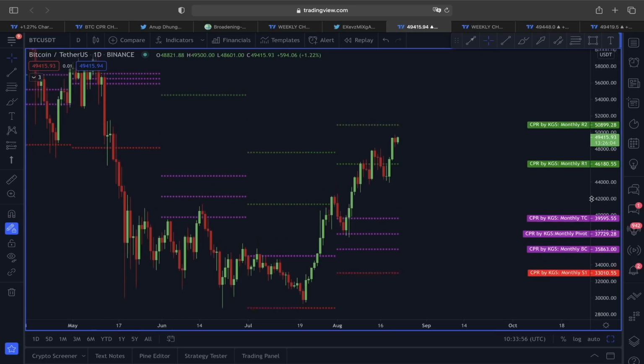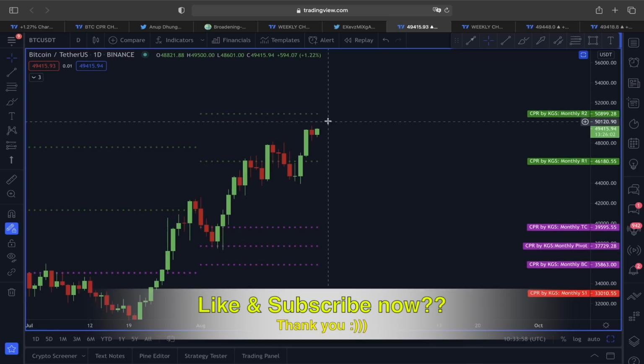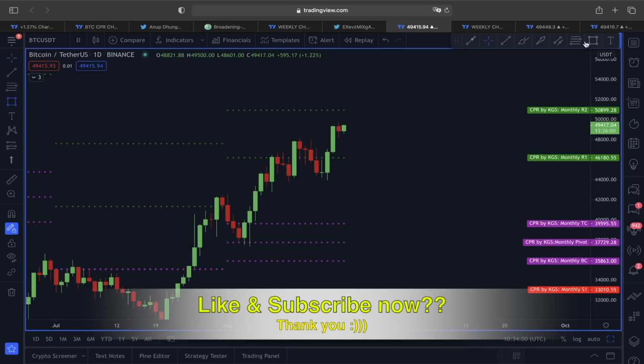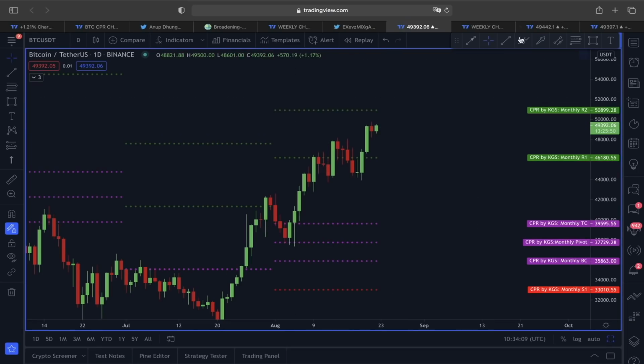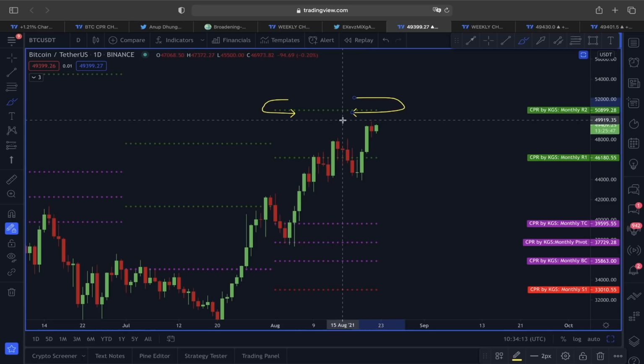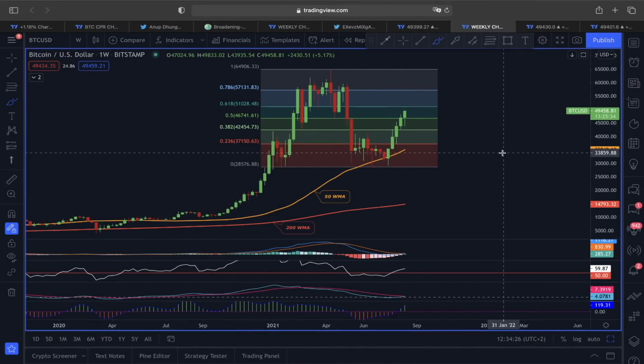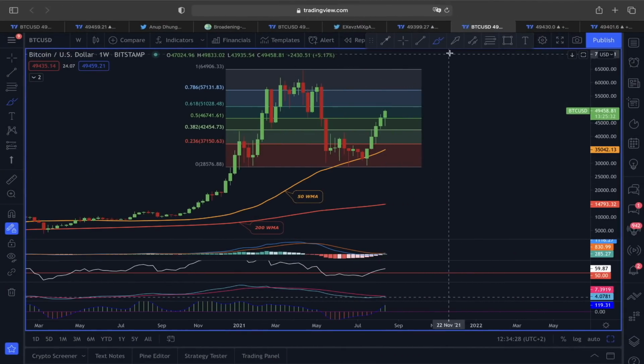So according to this CPI indicator, right now we might be heading towards this green line, and this green line is lying around $50,899. So this is where I personally believe the price of Bitcoin could be heading in the immediate short term, guys. And not just this one example is showing the price could see at least a movement around this monthly R2 line, right? But also here in a weekly time frame,